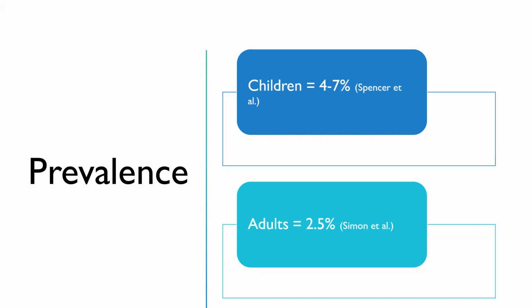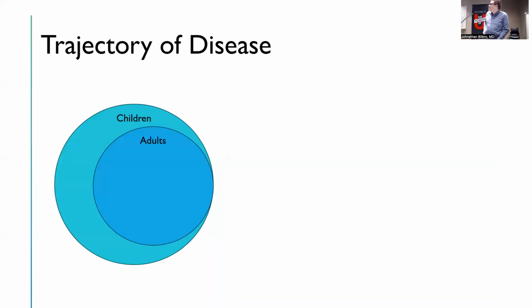The question, though, is, are all these adults who are experiencing ADHD symptoms or meet criteria for the diagnosis the same group as the children, and perhaps some of the children aged out of the symptoms, right? Classically, that's been what's understood. So if you think about the trajectory of the disease, it would look something like this, classically: you have a certain number of children with the diagnosis, and then as they move into adulthood, some of the children's symptoms improve, they no longer meet criteria, and then you have a smaller subset of adults that continue to meet criteria.